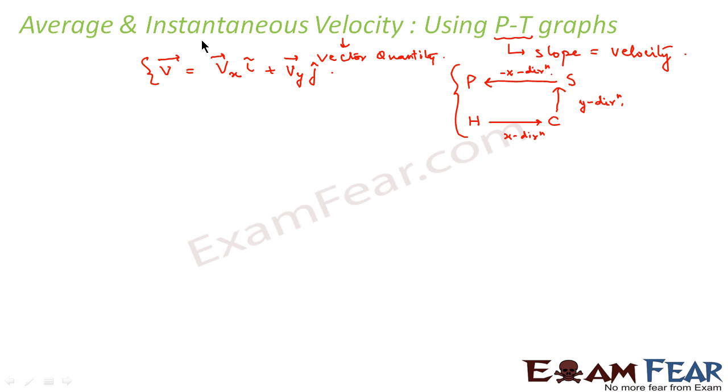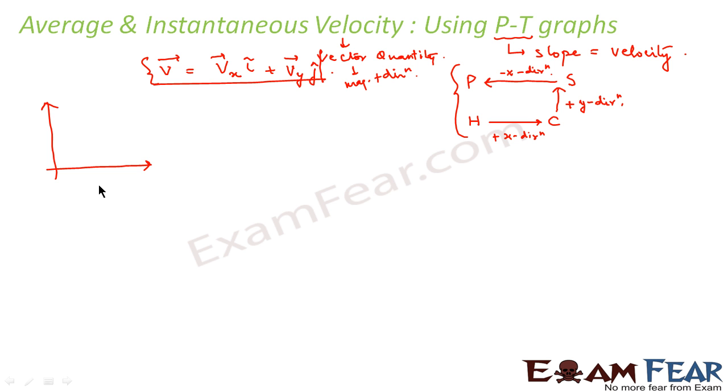That is, velocity being a vector quantity, it involves magnitude as well as direction. Now when I talk of direction, we denote velocity in this way. In this case, the travel of Ronnie from home to church includes displacement only in the x direction, that is the positive x direction. The displacement from church to school includes motion along the positive y direction, and from school to the playground, it is along the minus x direction. Now keeping these points in mind, we will try to plot the position time graph.